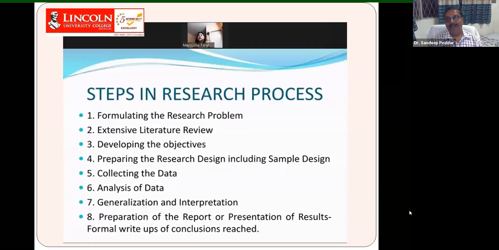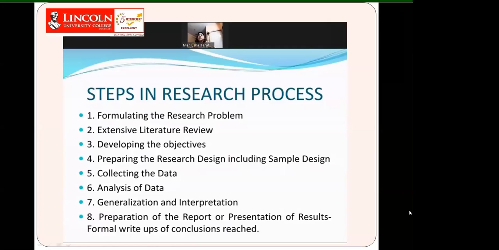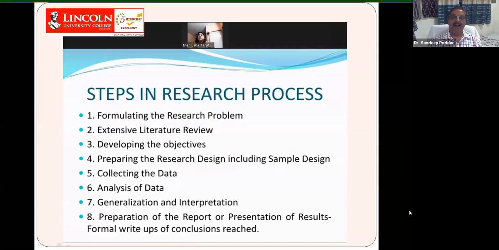As Honorable Vice Chancellor Madam Manjusha has just told, you can see the steps in research process on this slide. She mentioned and explained all 8 steps clearly, and further explained the 9th step also. It is wonderful, her slide, not my slide, so I give credit and respect to her. You can see the formulation of research first, then we go for extensive literature review.